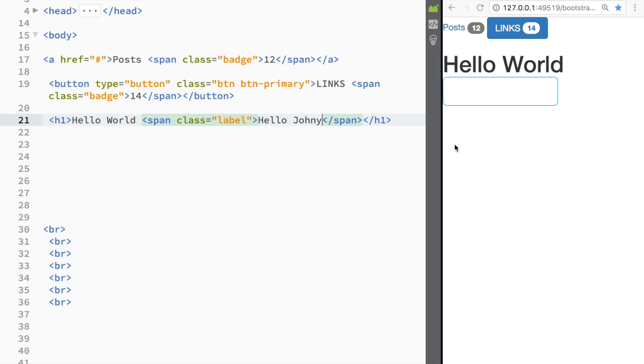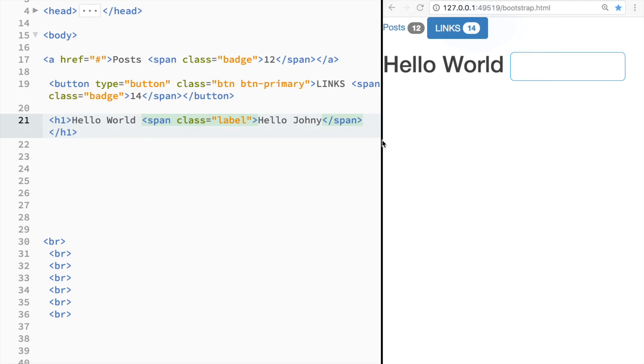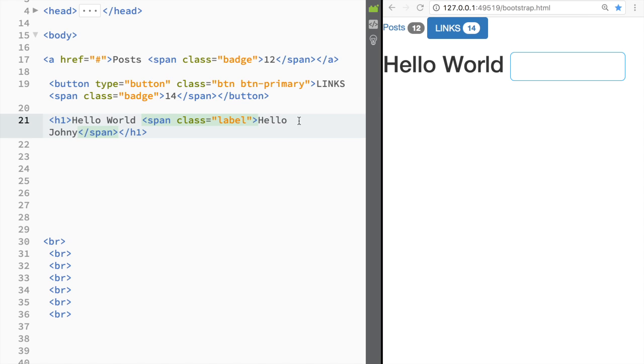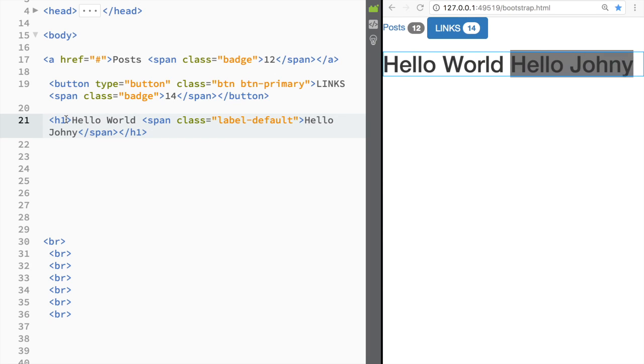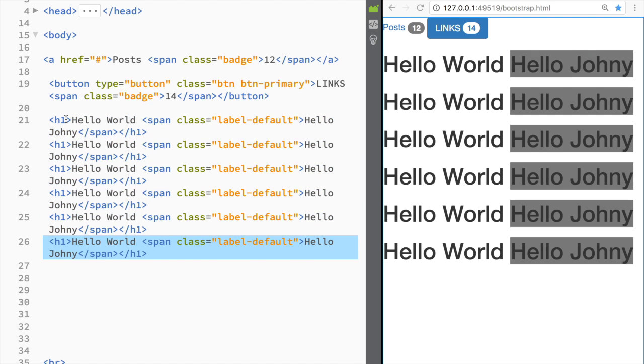What you can see is that I'm creating this label, but you cannot see anything, right? And the reason for that is you actually have to add another class to that. So technically it needs to be called label, and then we need to write one of the options, right? In this case, you can see that I'm using the default option, right? And it obviously works the same way like it did with the buttons or with alerts or with text or with background. And basically we have these default